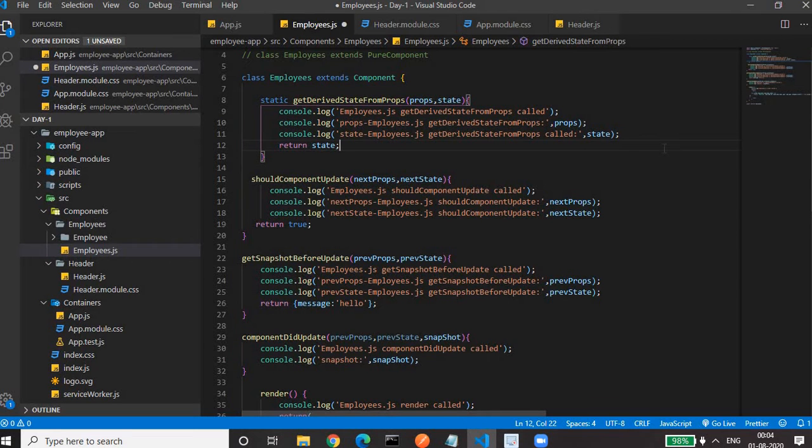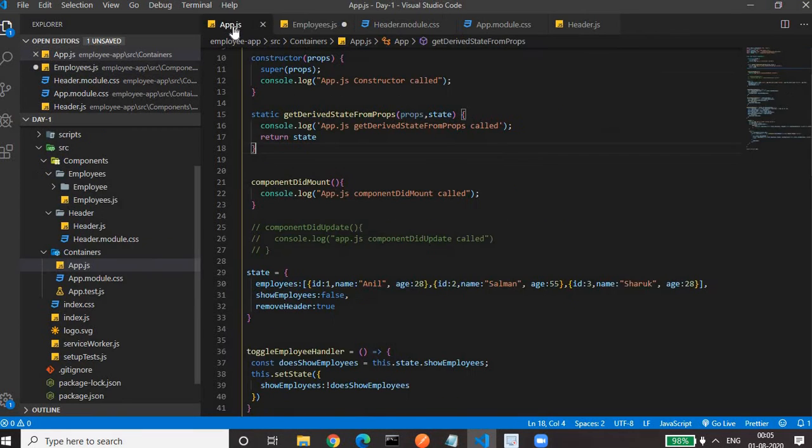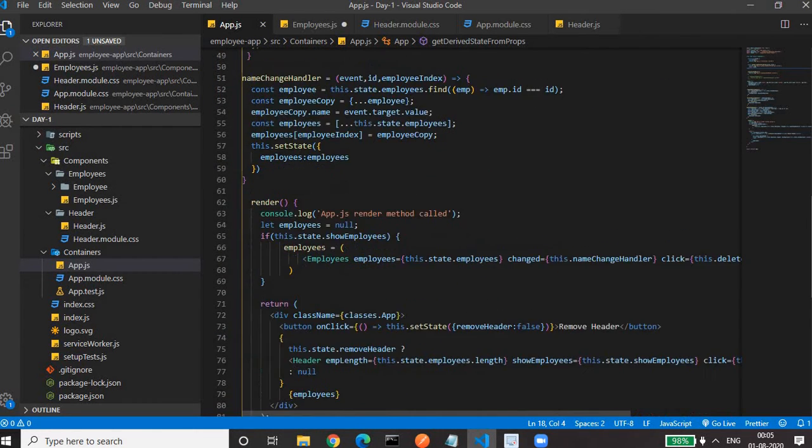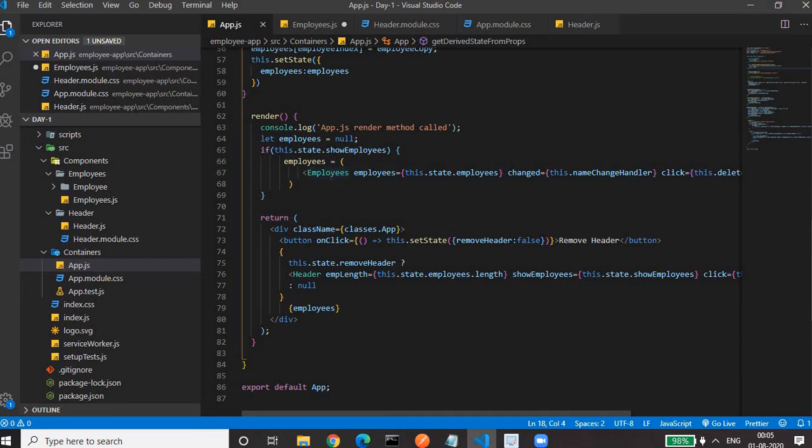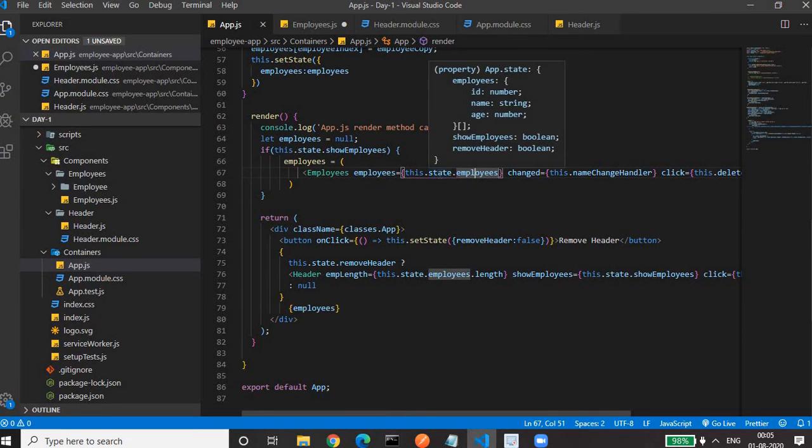So this is a component which receives props from the app component. Okay, because if you see in the app component, we have employees which receive props from this app component. So whenever these props change, props means if the employees of the state change, then our employees props get changed.